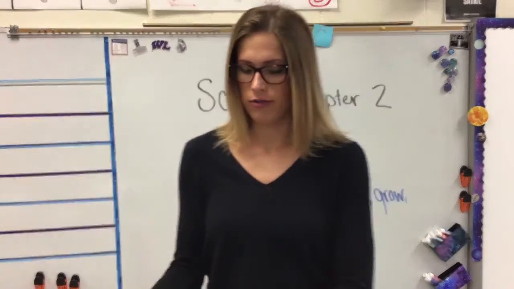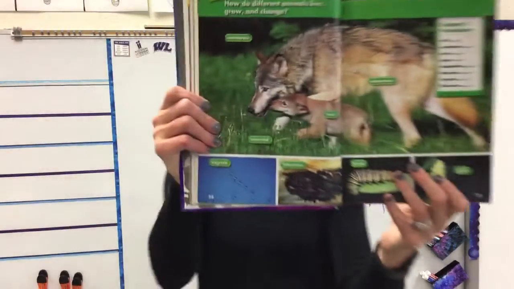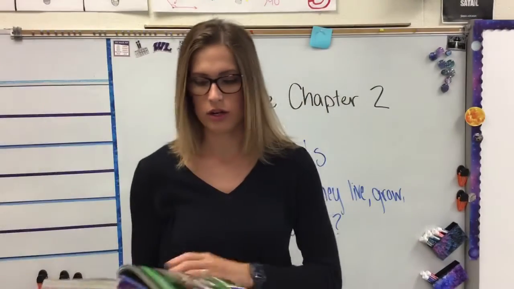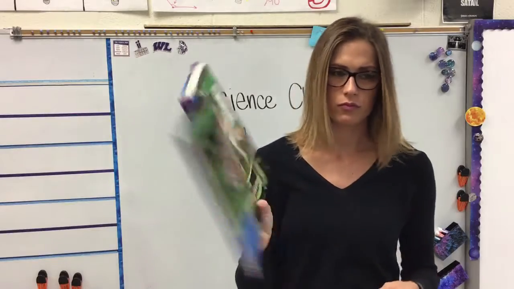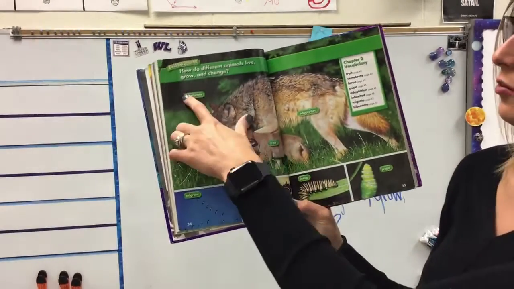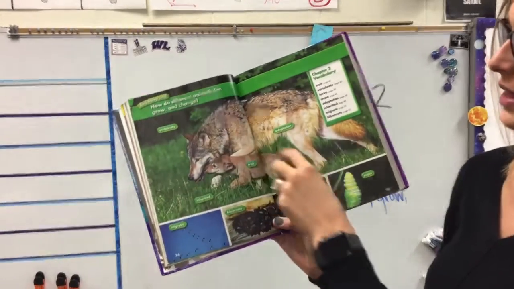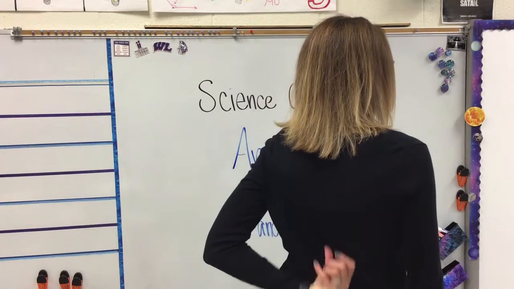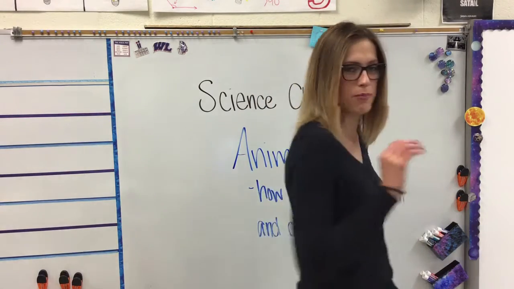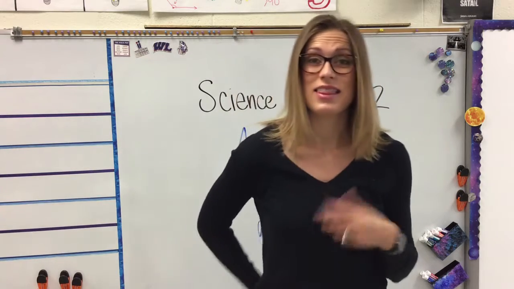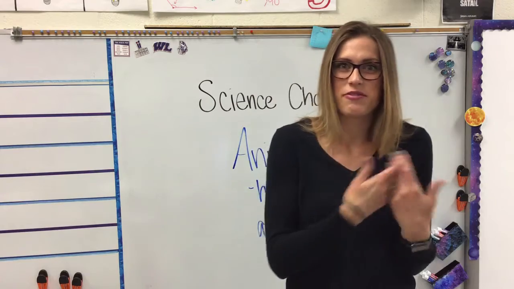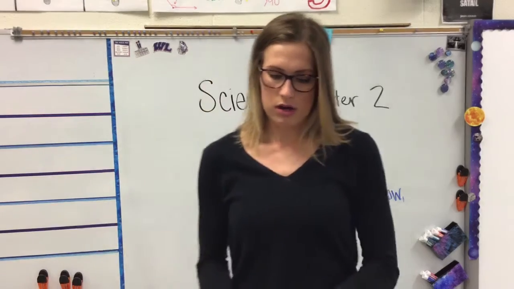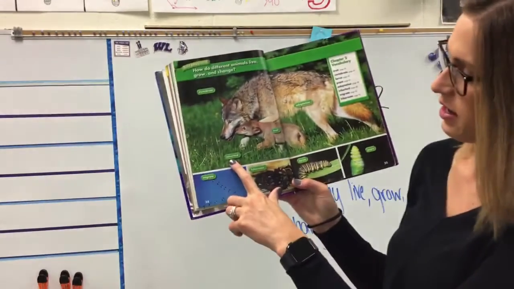So to start our unit off, or start a chapter off, could you just get out your books to page 34? This page shows you the new vocabulary words that we're going to learn. For example, we're going to have a type of animals called vertebrates. That's like this wolf right here. What that's going to mean is that they have a backbone. So go ahead, take your hand, put it behind your back, and feel your spine right here. That's your backbone, right? That bony thing in the middle of your back, that's your spine. That means that if we were animals, we would be vertebrates as well because we've got that backbone or that spine.